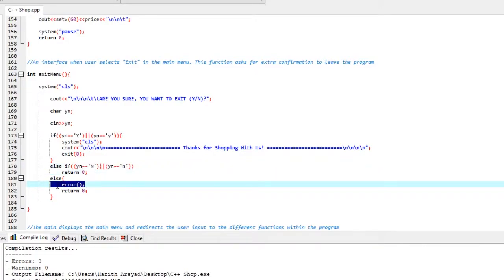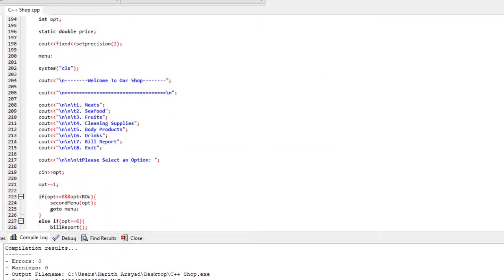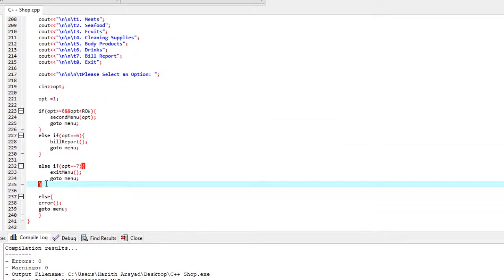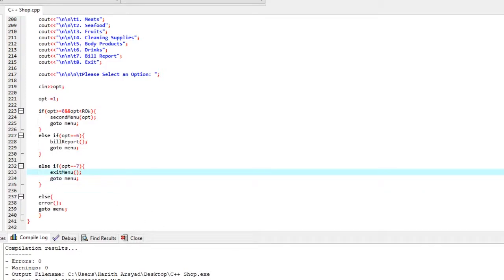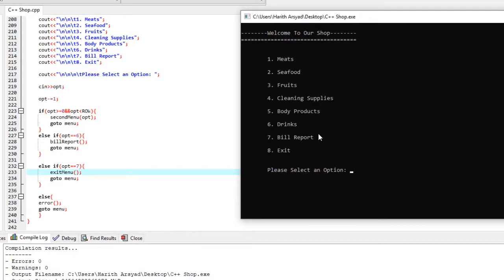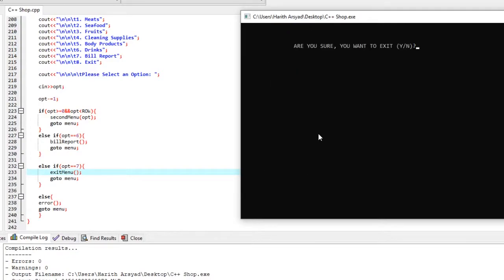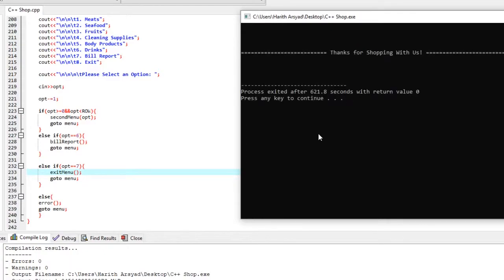And if it's an invalid number, it will show that error message and return back to the function. And when you return back, it will go back to the menu. For this one, we can display it here. So if the user wants to exit, you press 8. And if you put yes, it will display the thanks for shopping with us,